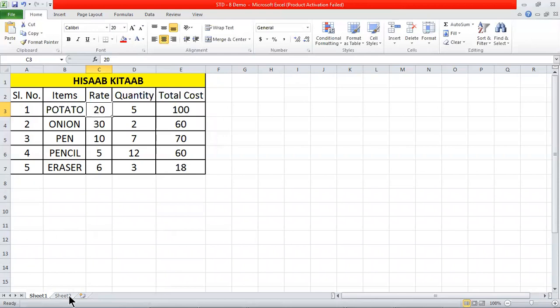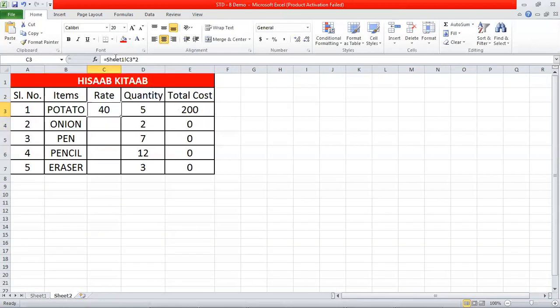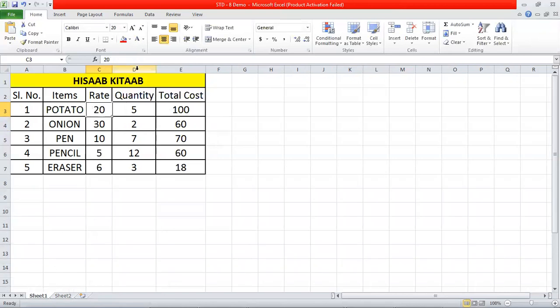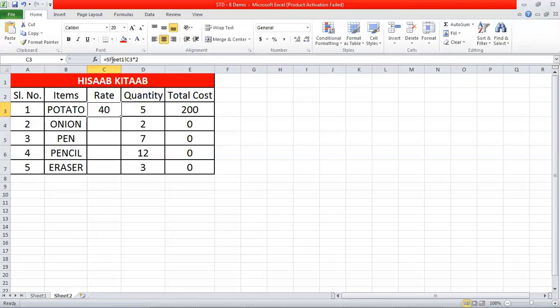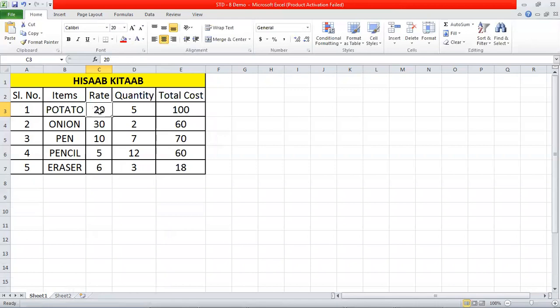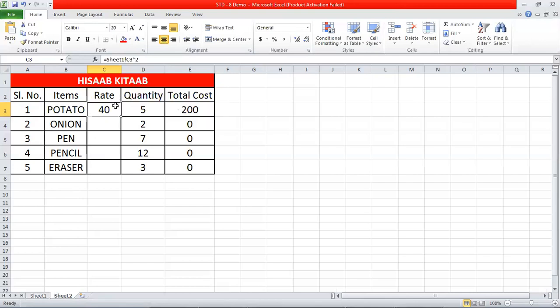ठीक है, समझ में आया? क्या किया मैं यहाँ पे? Is equal to, वो वैल्यू कहाँ से लाना था? शीट 1 से. तो मैंने यहाँ पे क्या लिखा? Is equal to शीट 1. फिर एक्सक्लेमेटरी साइन देना है. फिर कौन सा एड्रेस लिखना है? वही सेल एड्रेस लिखना है जहां पे वैल्यू 20 है, C3 में, तो यहाँ पे लिखें C3. क्लियर।